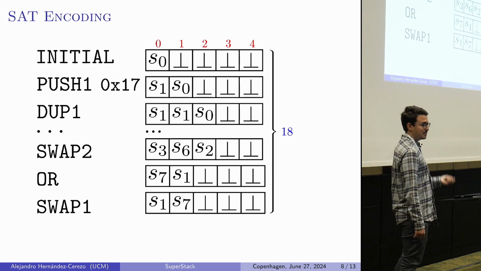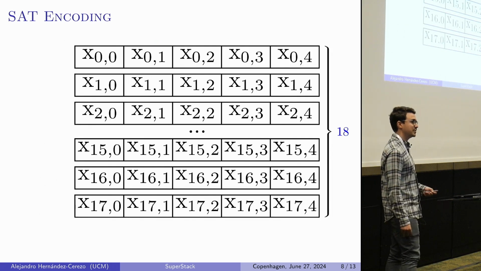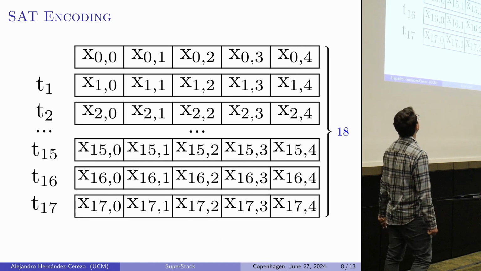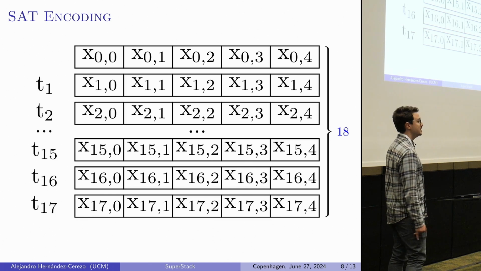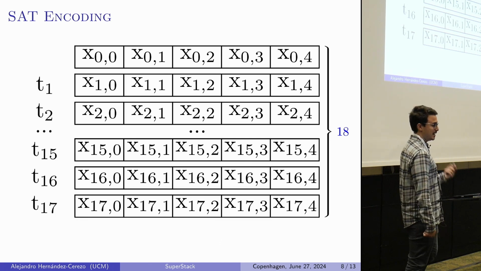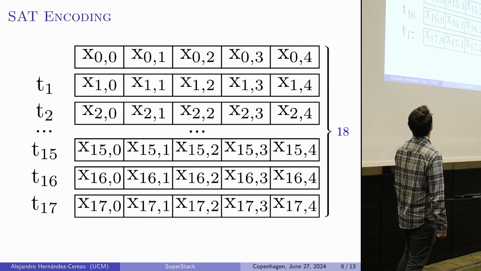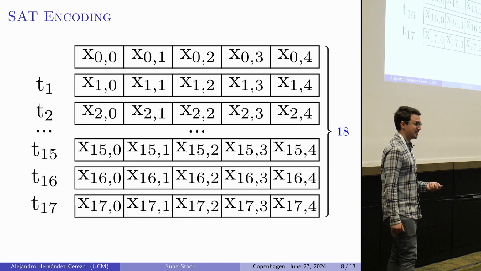For each of these positions, we would introduce some kind of variables that represent the contents of the stack after performing an arbitrary number of operations. And we're also going to introduce some variables to represent which operation is applied at each program point, so that by looking for the different combinations of these operations, we are going to explore the valid search space. But as this is a SAT encoding, we have to do some